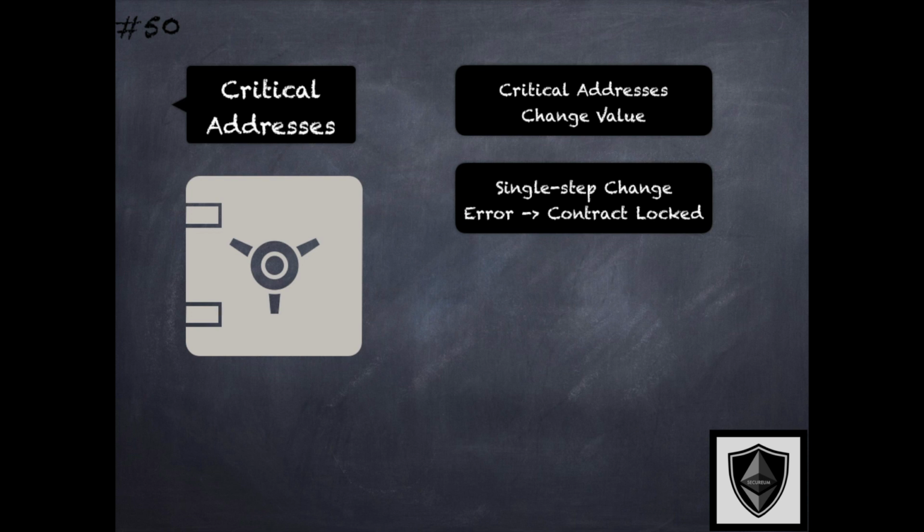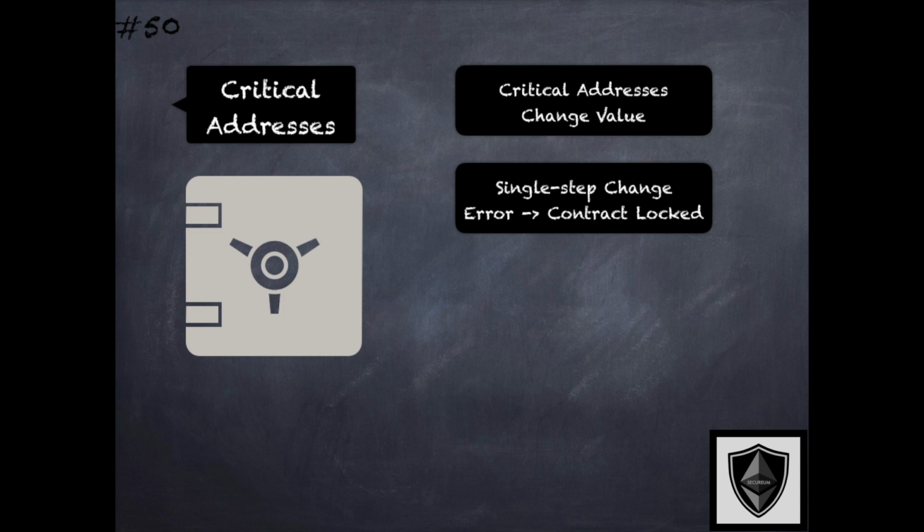And this may be using the Ownable library from OpenZeppelin, where there is a transferOwnership function provided that transfers the ownership from the existing owner to a new owner that is provided as a parameter. And this happens in a single step where the owner variable is updated to the new address provided. This single step change